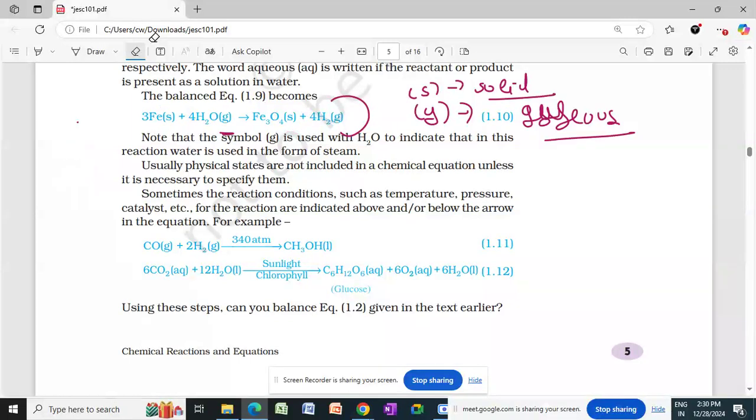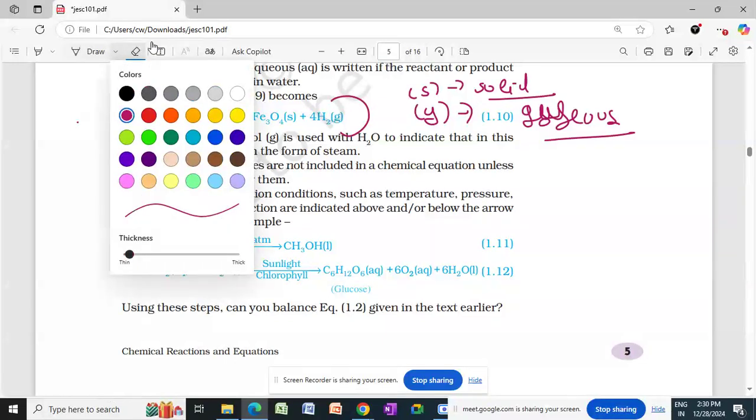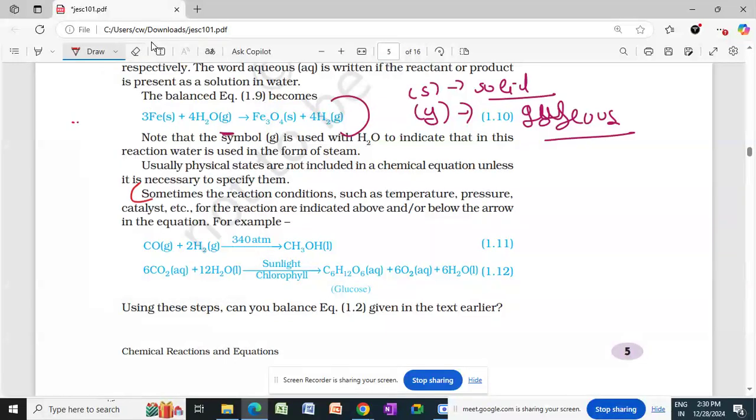So accordingly. Check this point, underline this. Sometimes the chemical reaction conditions. There are some conditions in the chemical reactions that you will see in some reactions. So sometimes the reaction conditions such as temperature, pressure, catalyst, etc. Actually, what is catalyst? Put an arrow and write here. It is a chemical substance